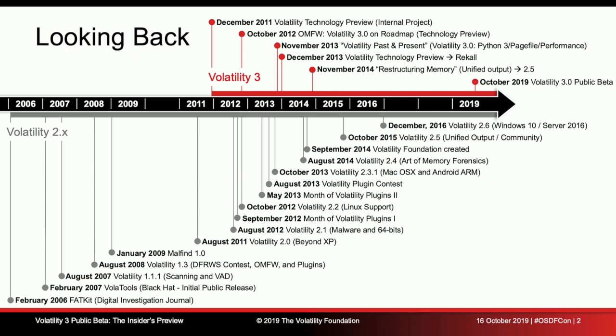I gave a talk at OSDFCon in, I think it was 2015, about the unified output format, which we added or almost backported to Volatility 2.5. But it was a feature that we designed and implemented with the concept that it was going to go into Volatility 3. Looking back at my old slides, I had listed out API endpoints and all kinds of things like that. I saw it again recently, and I was really surprised that it actually stuck to almost everything I said I was going to achieve.